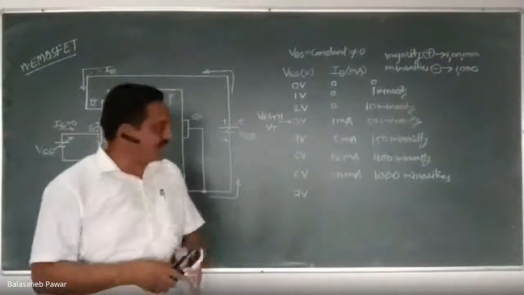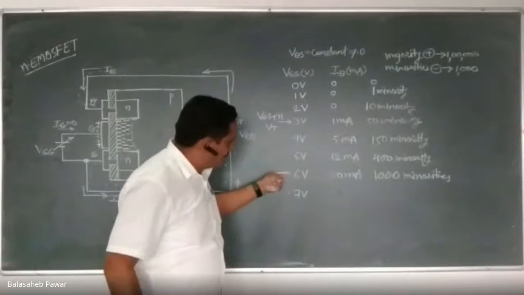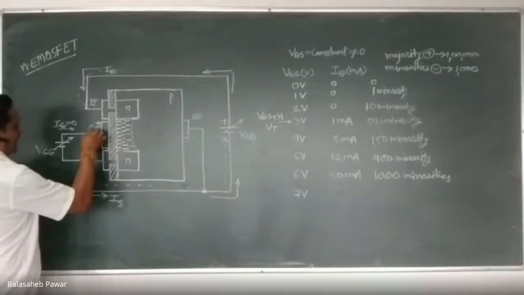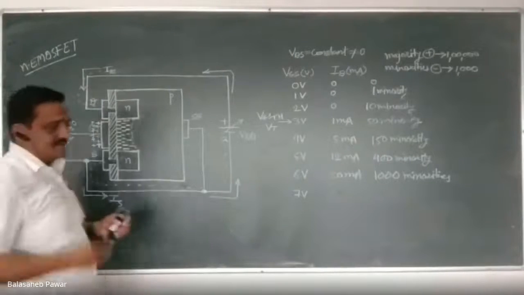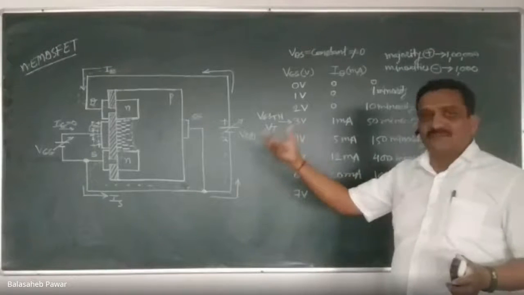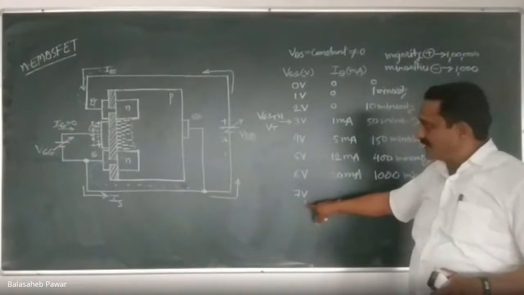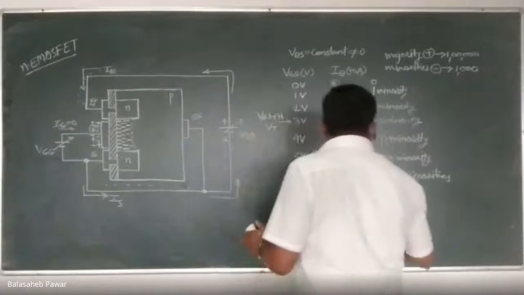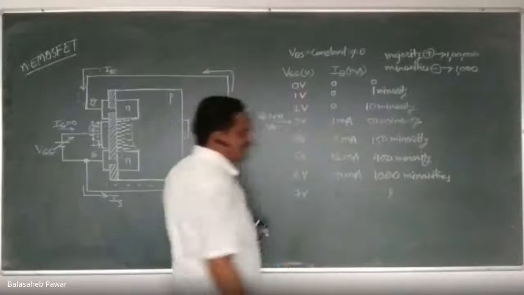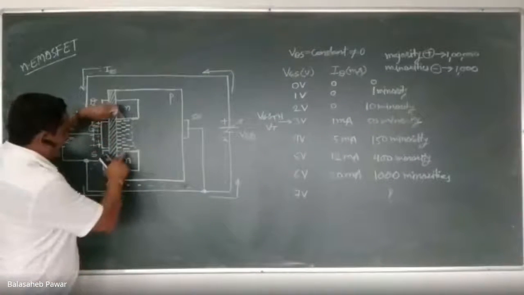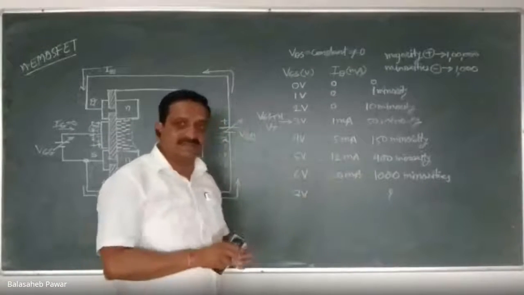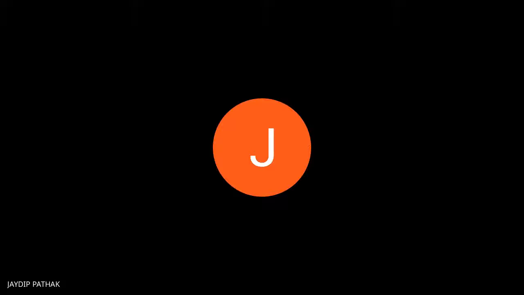Now we will not stop here. I will increase that VGS from 6 to 7. That means the field generated at the gate is stronger as compared to the previous cases, because I increased the VGG from 0 to now 7, right? My question is, what will happen with the density of attracted minority charge carriers between drain and source? Will it increase or will it remain at 1000? It remains at 1000.